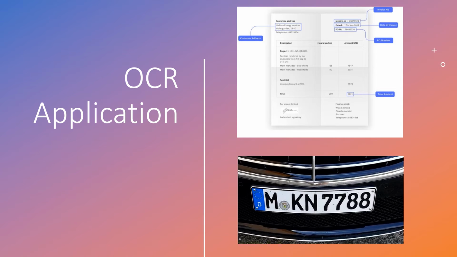Now let's understand the applications of OCR, where OCR is used. OCR is basically used for scanning any document. It can also scan handwritten documents and convert them into text documents. Other applications are automated data entry, extraction and processing. It is also used in passport scanning,